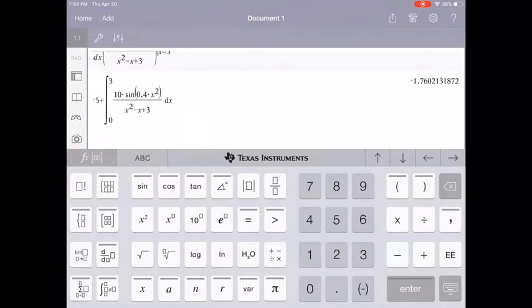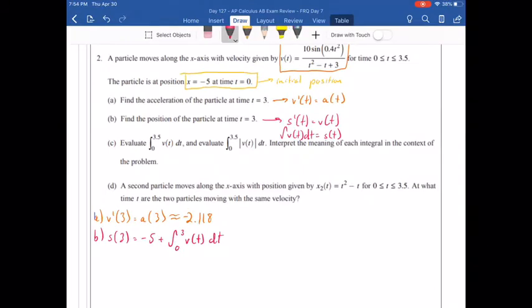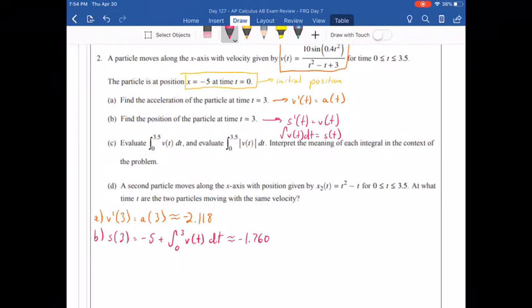So it looks like our position is negative 1.760. So negative 1.760. And that would be it. That's it. So once again, not bad. Now the only thing you do